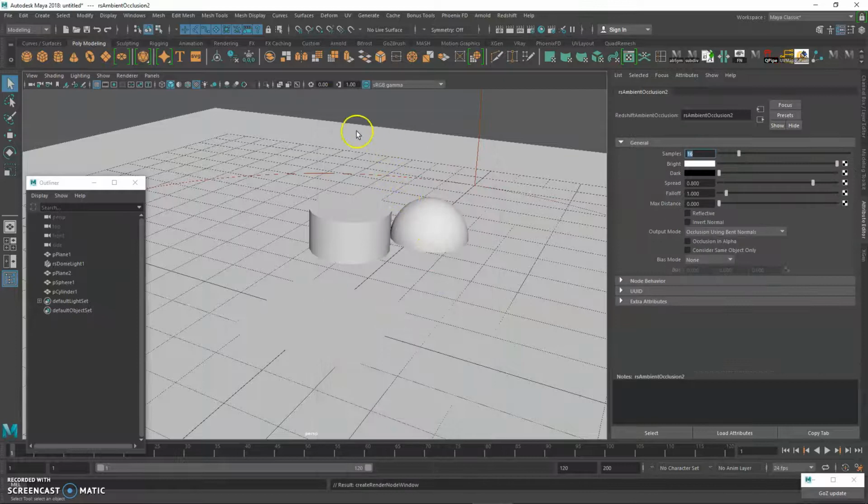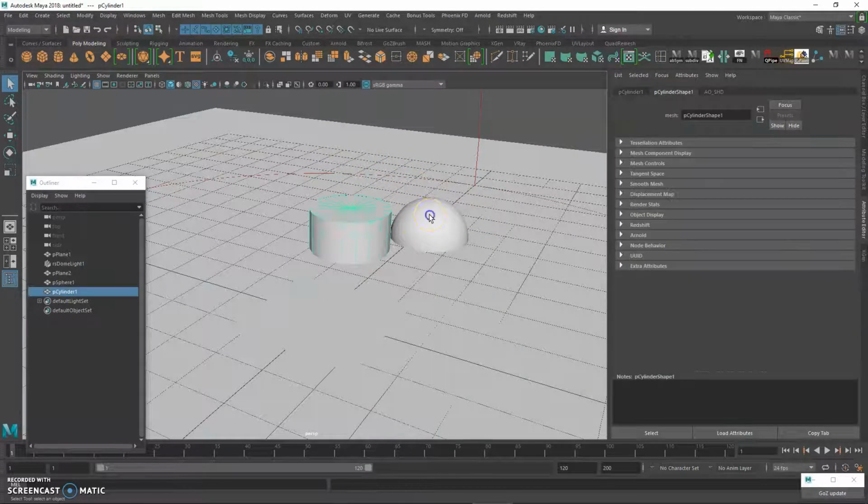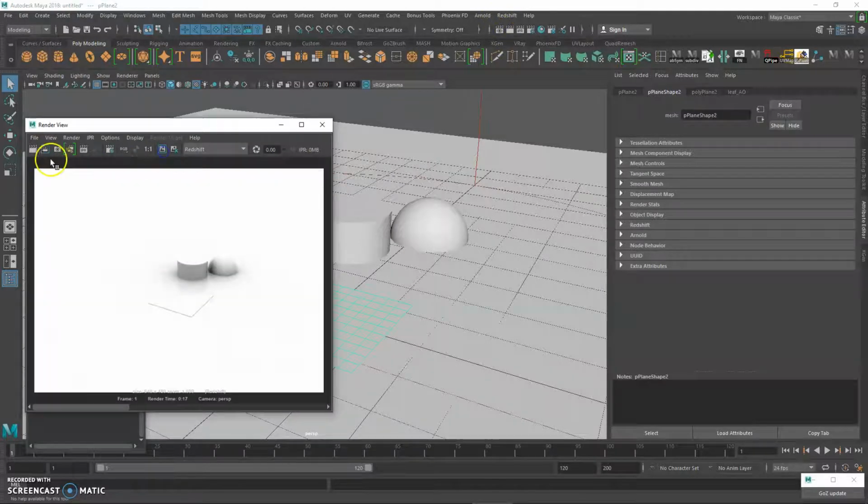So you have one AO for the ground and the other normal objects, and one AO for the leaf with the alpha inside there. And again, if you render this and save that one,